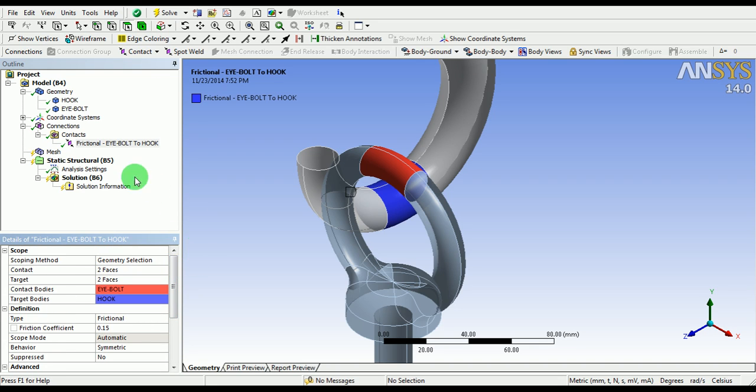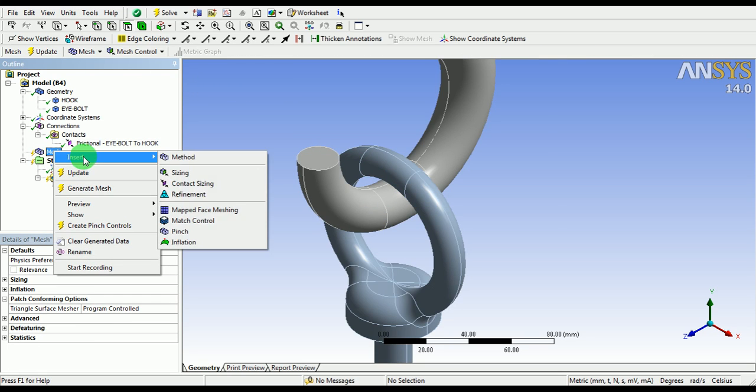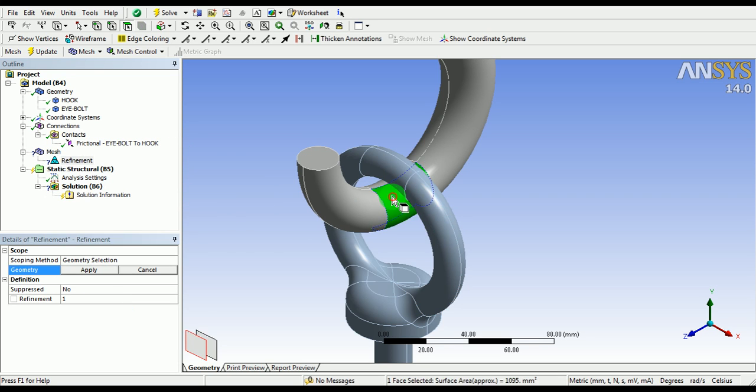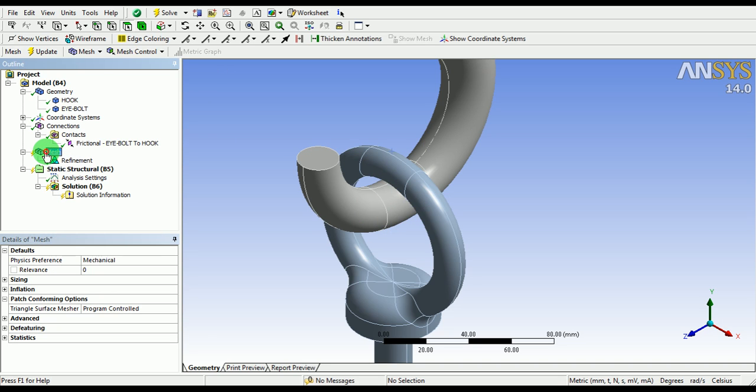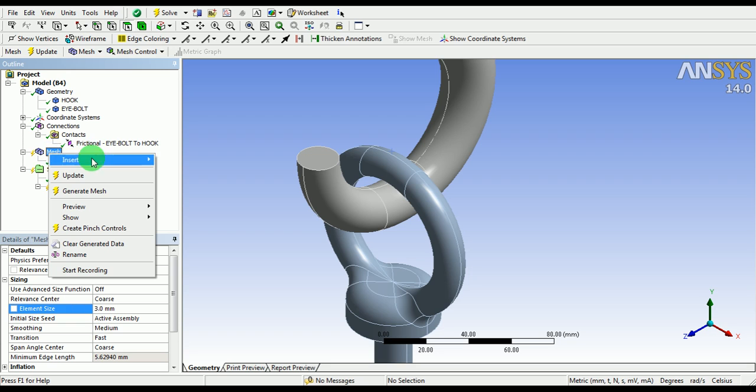Now right click on the mesh, pick on insert, pick on refinement, use the faces, this face, press and hold control, this face and this face. Pick on apply. Now update the mesh. Before that, pick on the mesh and enter the element size here as 3. Right click on the mesh, update the mesh.